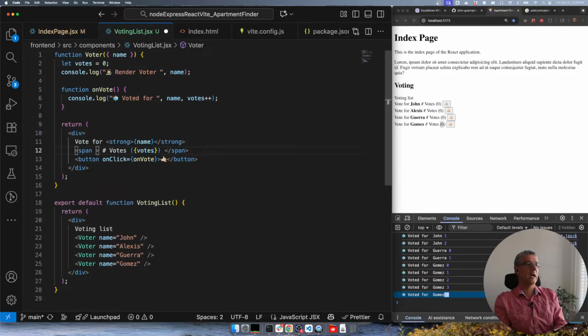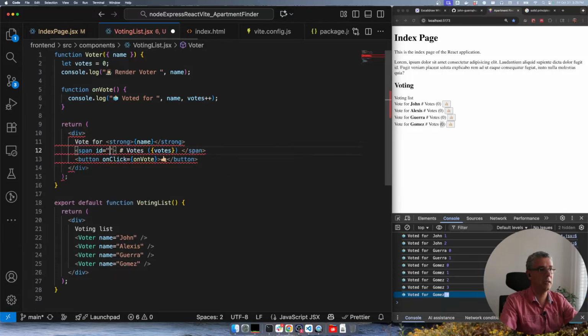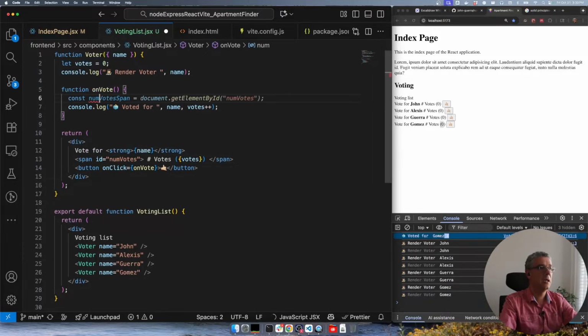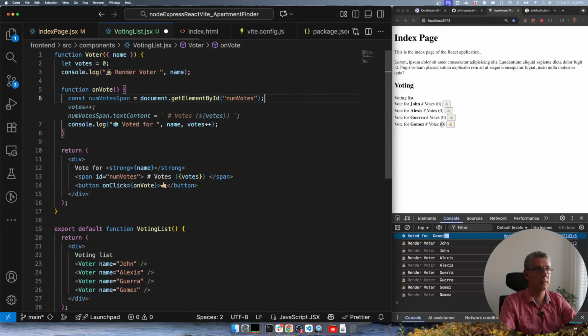Now, let me show you how we would do that in the Ajax version of web development, which is what we were doing before. You could put an ID in here and say this is the number of votes. Then in this code, I could say number of votes span, and Copilot is getting me exactly the value. Then I could increment the number of votes, as you see in there. And then in the span that I created, in the text content, which is exactly the content of this,